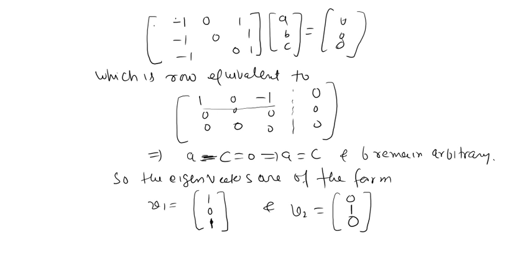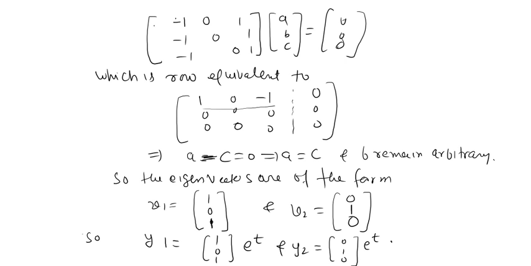So these vectors form a basis for the eigenspace. And so you got two solutions, y1 equal to the first eigenvector (1, 0, 1) e^t, and the second solution is y2 equal to (0, 1, 0) e^t. So you got two eigenvectors from one eigenvalue and both are linearly independent, so you can write two solutions in one go, y1 and y2.